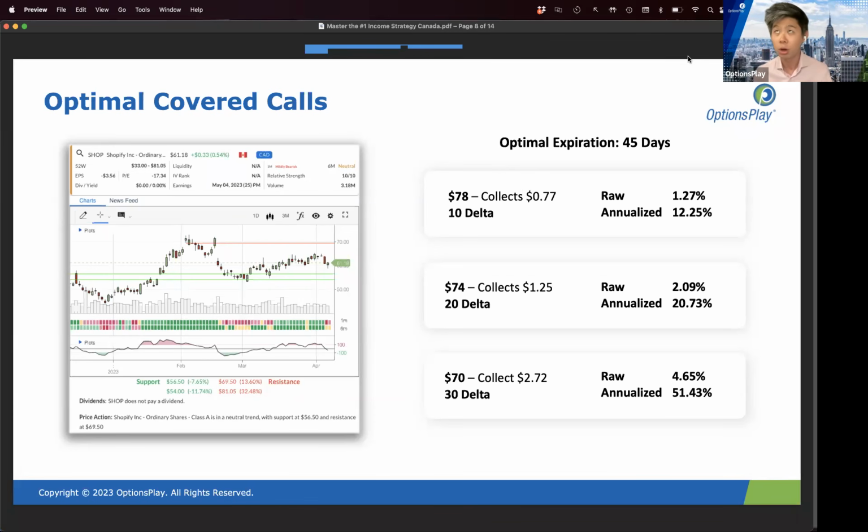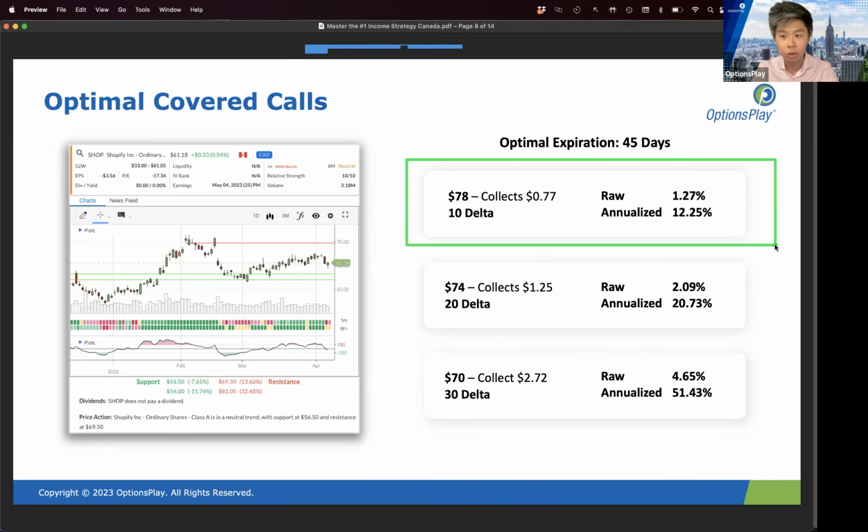So covered calls should outperform buy and hold. If it underperforms buy and hold, then you're better off just buying and holding and not going through the whole headache of having to sell calls every single month. That's why we did this research, because there actually are very few conditions where selling covered calls beats buying and holding. One of the few criteria where covered calls beat buying and holding is if you get very conservative with your covered calls and prioritize that capital appreciation over income.